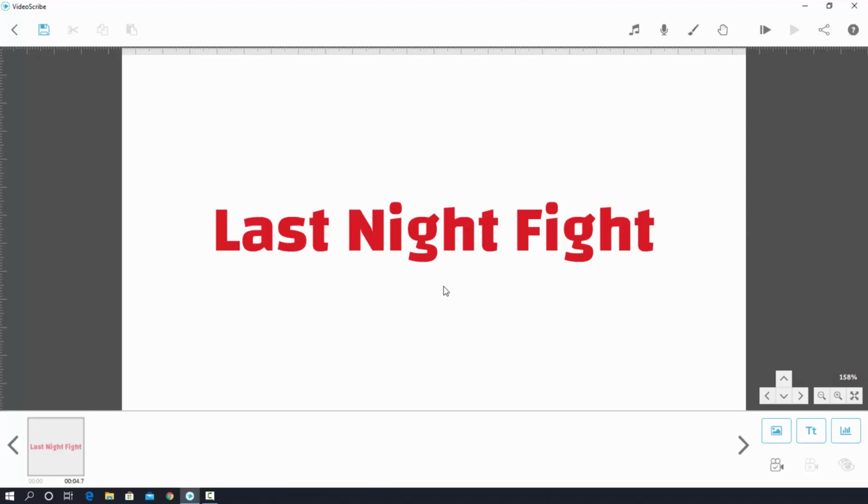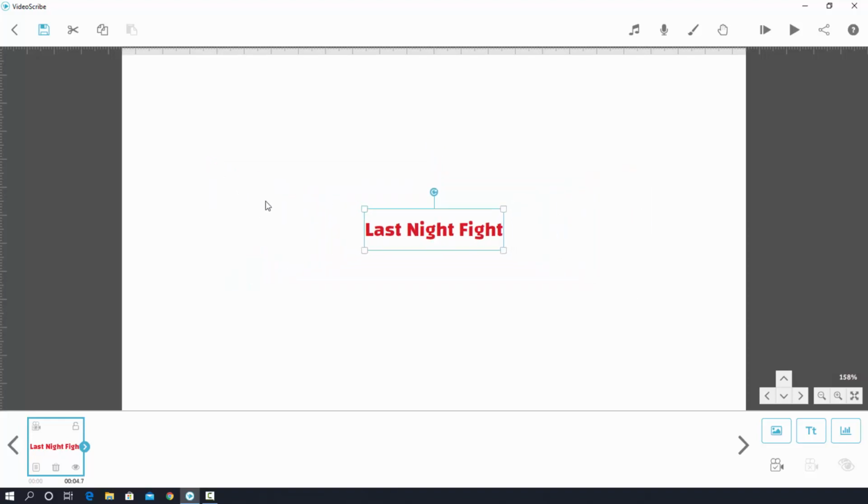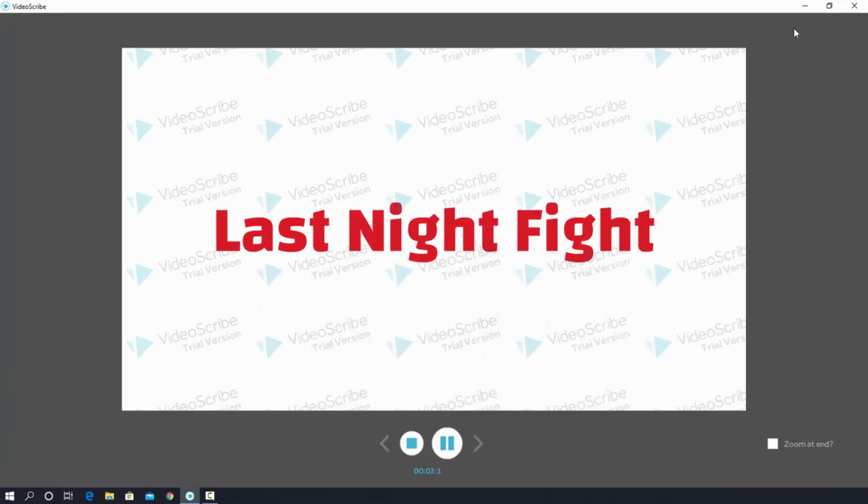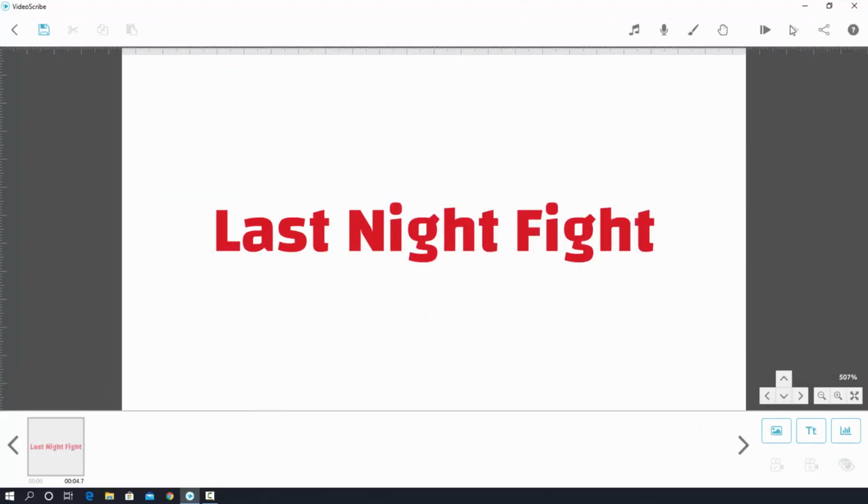That means how it works. Currently I select the text like this. Now I'll make it a little bit smaller, just follow me. Now I set this text in this position. Now I'll check the preview. Just hit on here. Look, after checking the preview, the text is not in the right position.